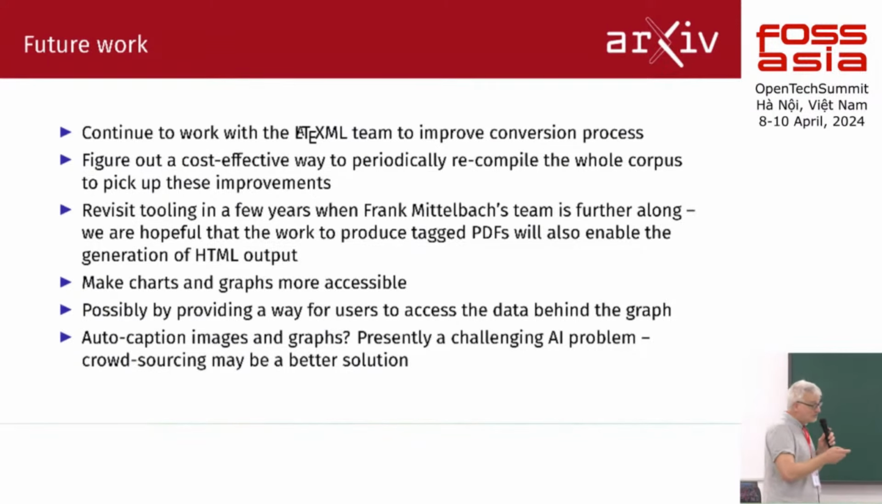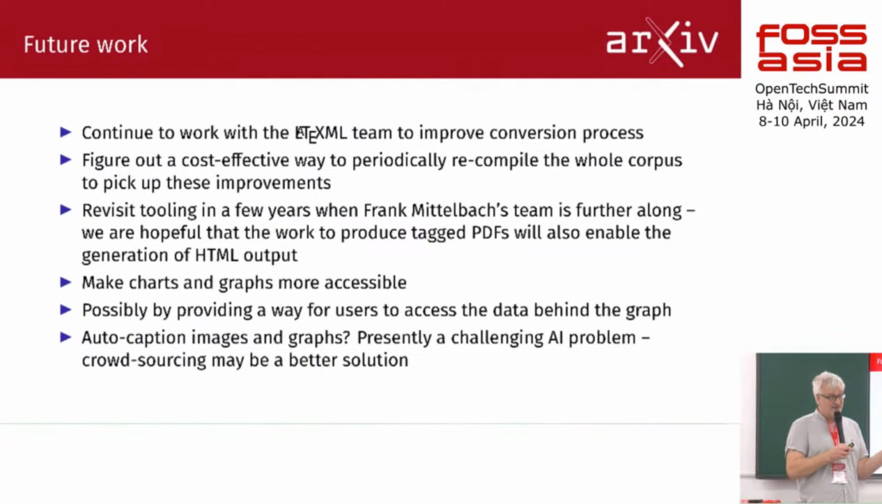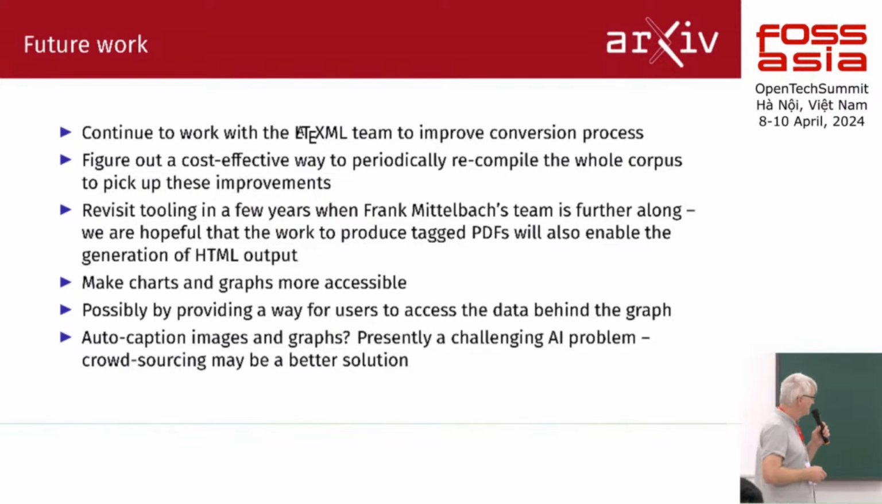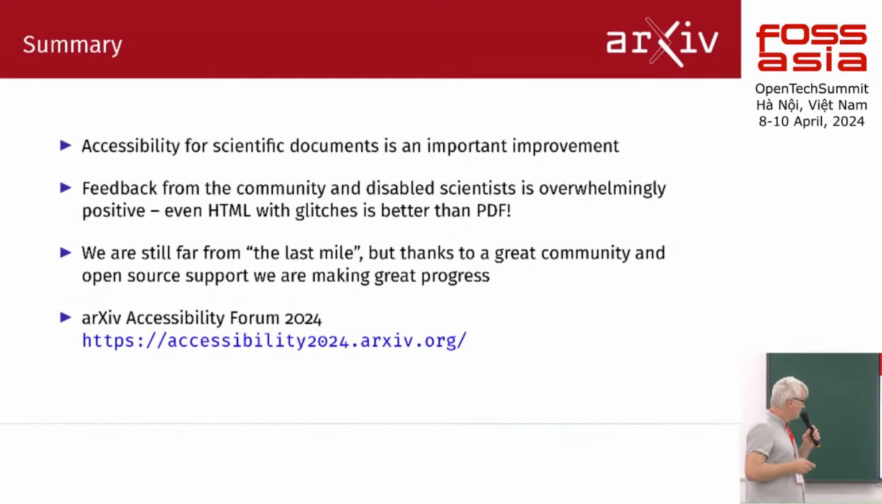And then auto captioning. We want authors to actually add alternative text, but if they don't provide it, we are thinking about using AI models to auto-generate descriptions. So as a summary,